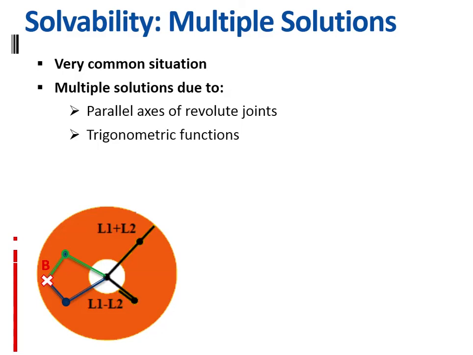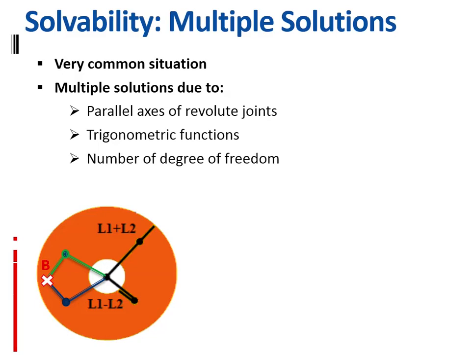For a particular case, I will have a configuration at theta, let's say 30 degrees. At the same time I will have the same answer for 30 plus 180 degrees, that is 210 degrees. That means at an orientation of 30 degrees as well as an orientation of 210 degrees, theta 1 theta 2, I will have the same solution. So trigonometric functions result in multiple solutions just because the nature is harmonic.